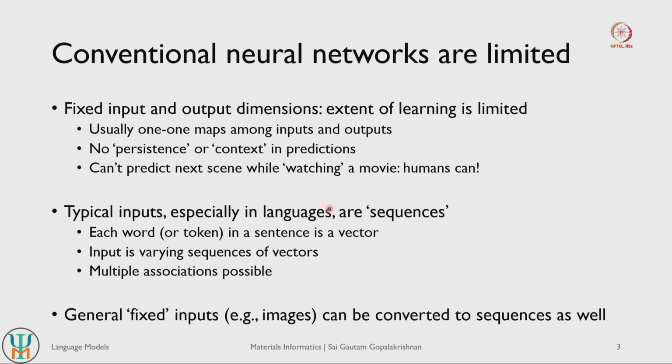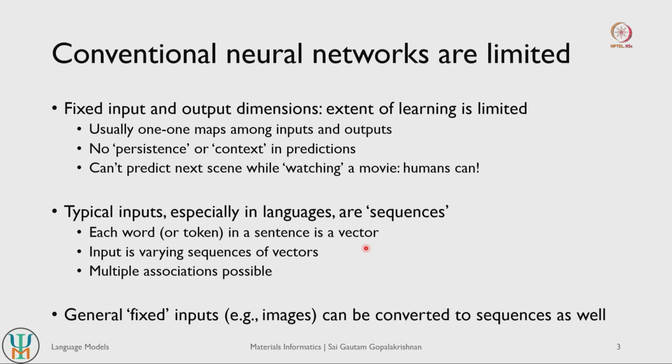So we can think of language inputs as basically sequences, right. So what are sequences? Each word, and normally a word is also referred to as a token, is basically a vector, so you can have a unique vectorial representation of each word. There are mathematical ways of representing this. A word can have a different number of characters by itself. One word can have 10 characters, one word can have 100 characters. 100-character words are not very common, but let's say one word can have 5 characters, one word can have 10 characters. But you can take these words and represent them as vectors of the same dimension, right.